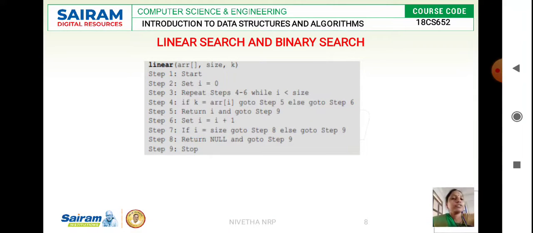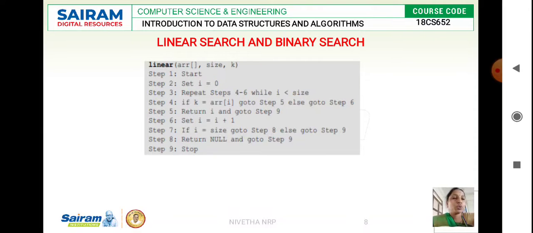For that, we are using a for loop. Initially, we initialize I equal to 0, and we check whether the element is present in the ith position. If key is equal to array of I, then it returns the position.